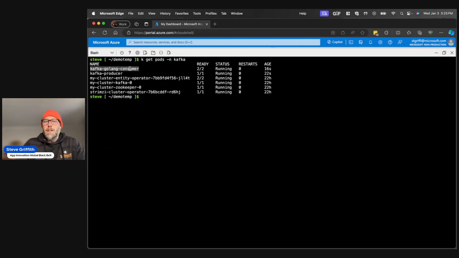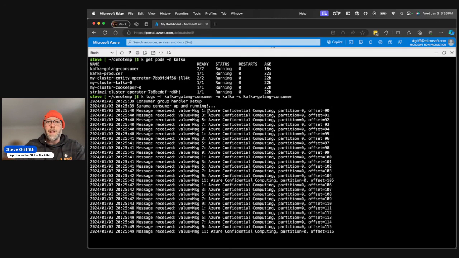That's because one of them is the secure key release sidecar. That's part of that process that typically, if you're doing remote attestation, you'd have to write a bunch of code for how to go and retrieve that value. In this case, it's been built into a sidecar that you can just take advantage of. So now if I go and get my logs for that consumer,